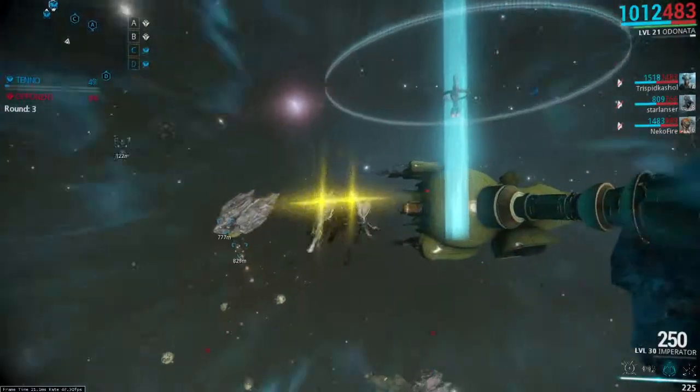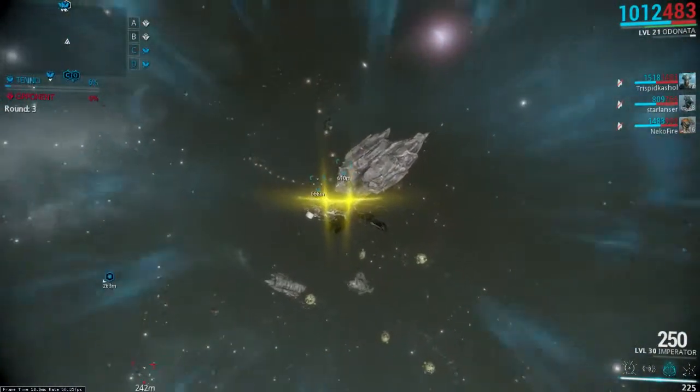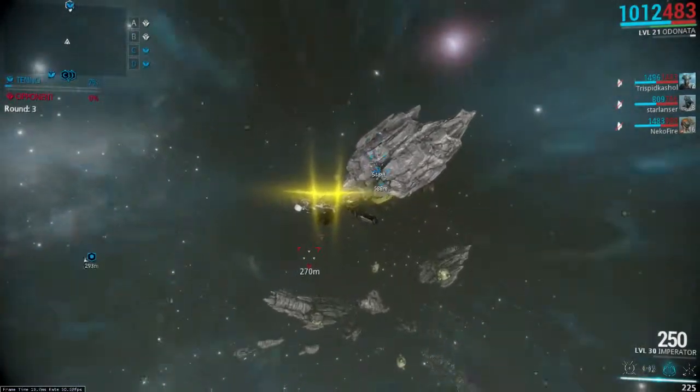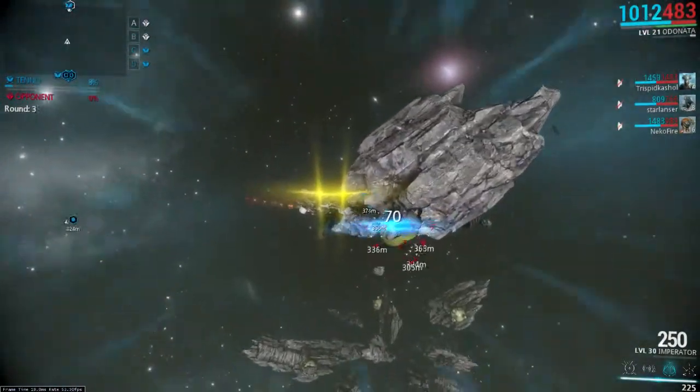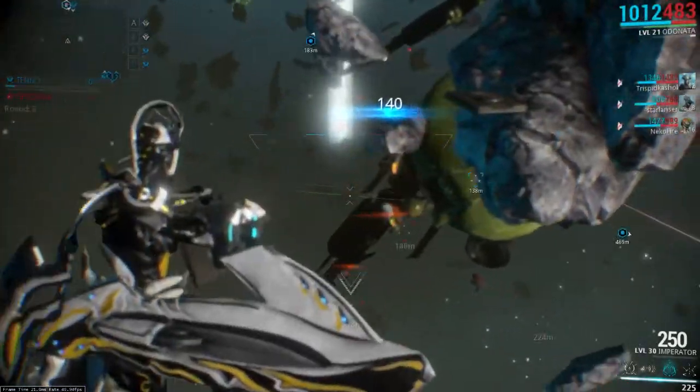The axe is kind of hit or miss, I was saying at the start. Sometimes it just goes through enemies. I don't know what the hell is up with that. Probably a bug. But the Imperator is really great. You can also use it to snipe from relatively long ranges,